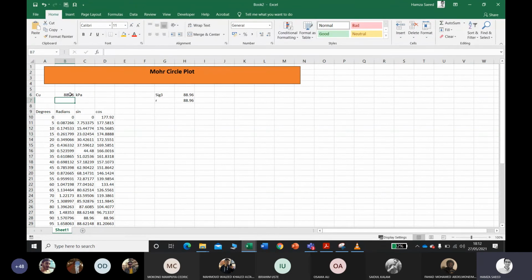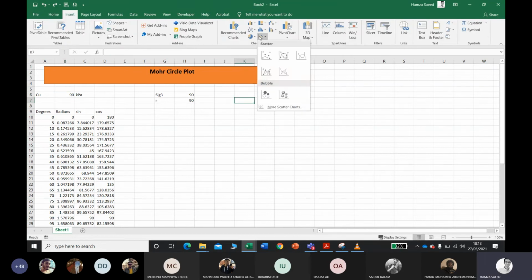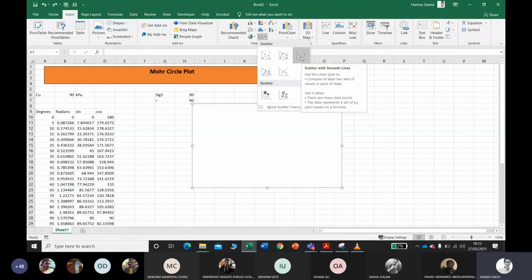As I told you, this is one of the calculations, so yes. So now how to plot the Mohr circle? What you can do basically is go to the scatter and plot it over there. Simple as that. So let me show you, in fact. Go to insert. So this time do not use this scatter. Use the scatter with smooth lines.